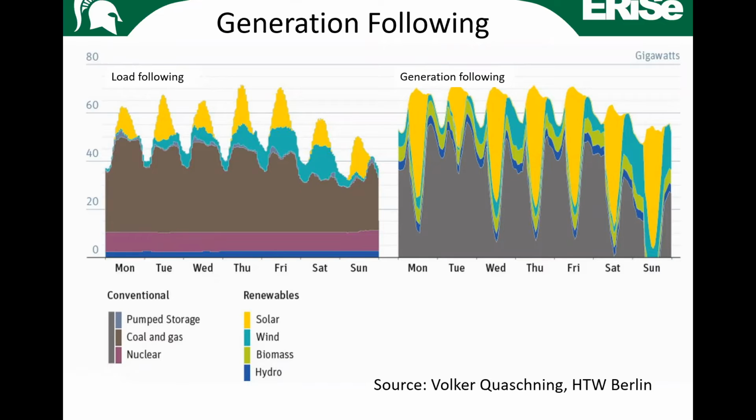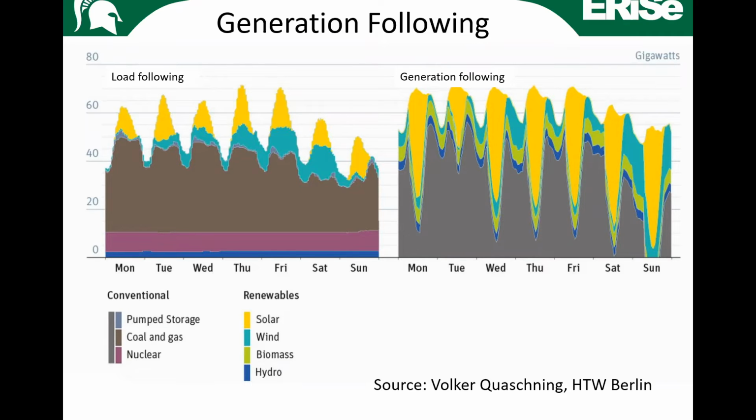But there is a school of thought that says we are migrating toward a generation following model where we don't have control over the generation because I said it's non-dispatchable, right? So we let the resources be available whenever nature chooses to make them available, and then we control our loads to track it. So that will allow us to absorb more solar and wind, as you can see. So this green part is solar and this blue part is wind here, okay? So this is what our generation profile is going to look like in a generation following world, okay?